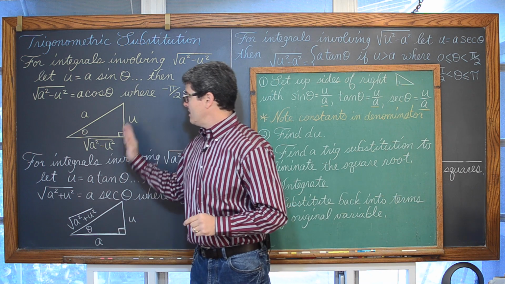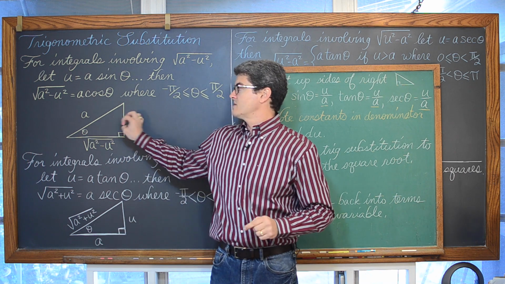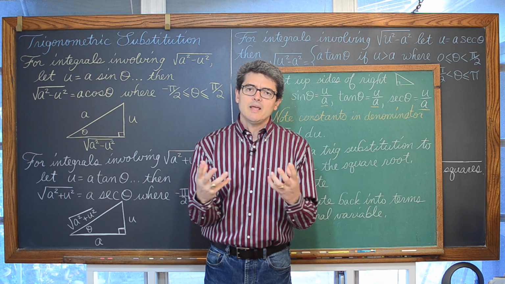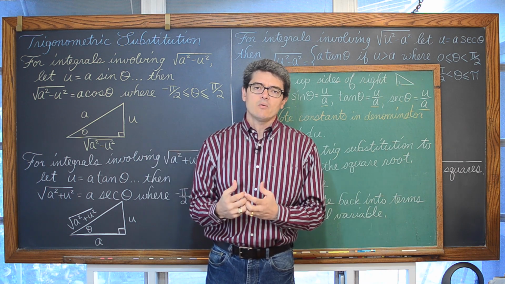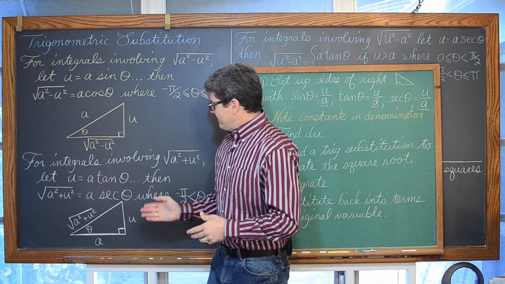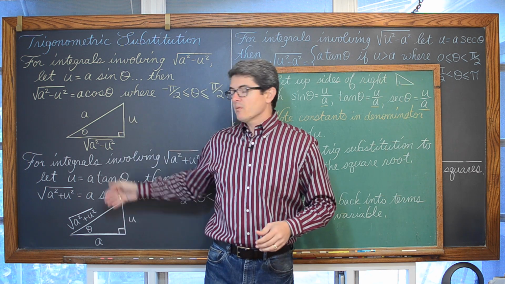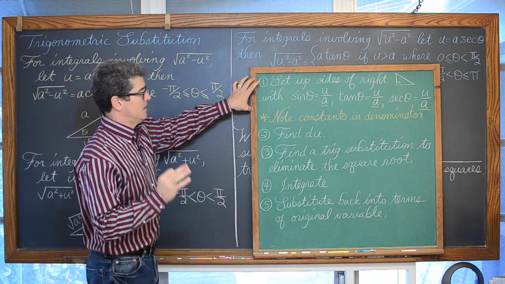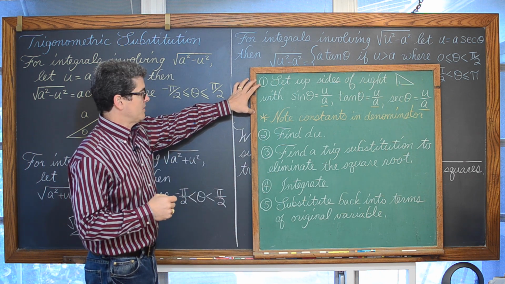And that's how we're thinking as we set up these little right triangle diagrams to help us basically eliminate all the references of x in our integrands and replace them with references of theta. Great. And that's how these u's and a's and the square roots are getting placed around those right triangles, is this first step that we're going to follow as we do these problems.